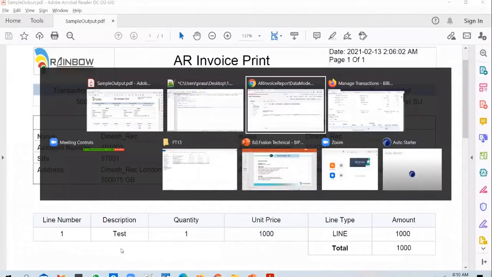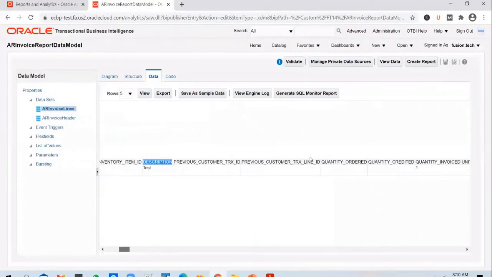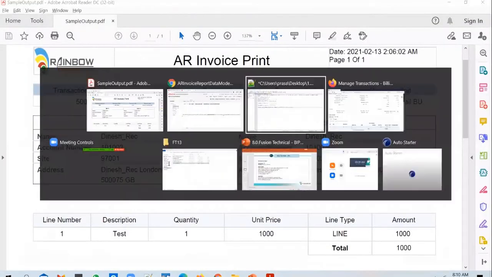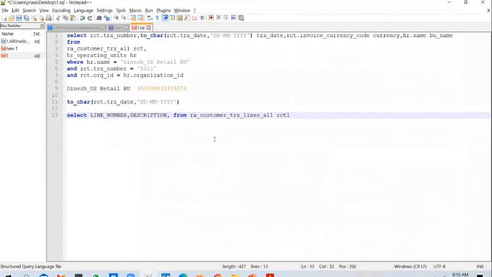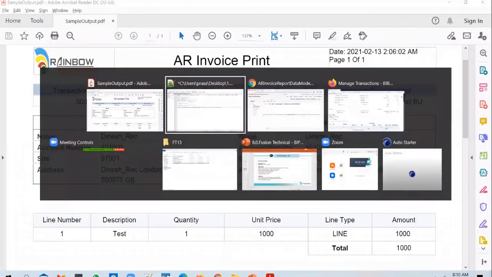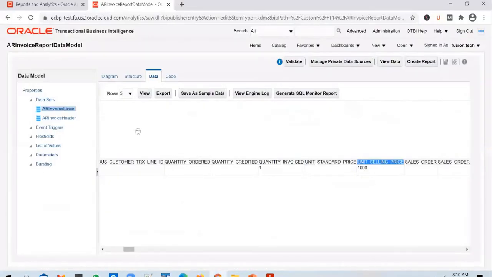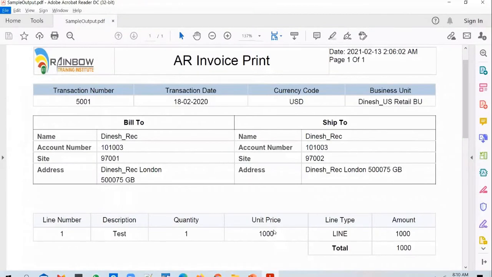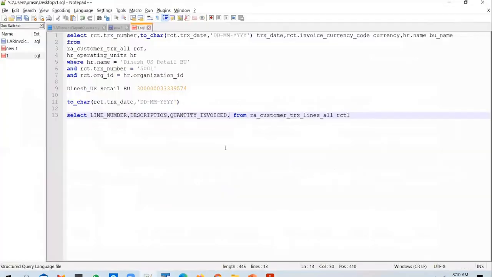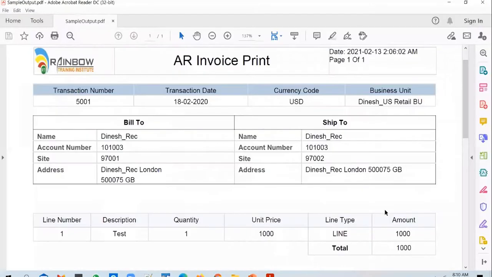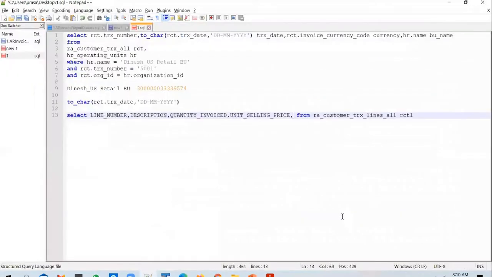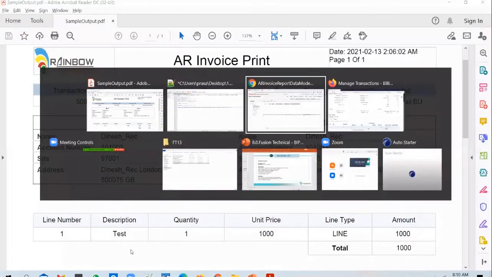We need quantity. So look at the quantity field in the lines table. You have quantity invoiced. Copy it. Paste it there. And you see unit selling price. Copy it because we need unit price as well. Copy it and paste it to the query. And we need line type as well.